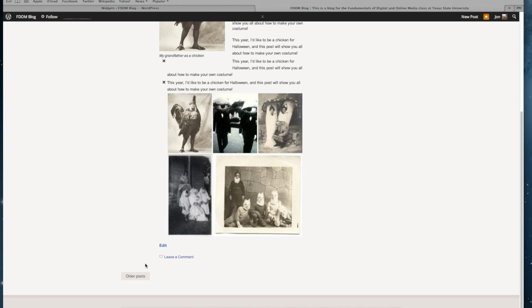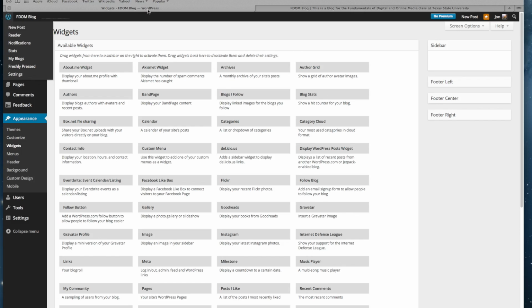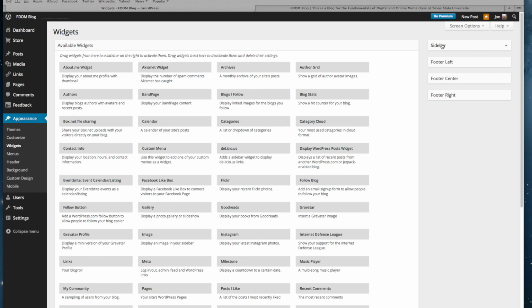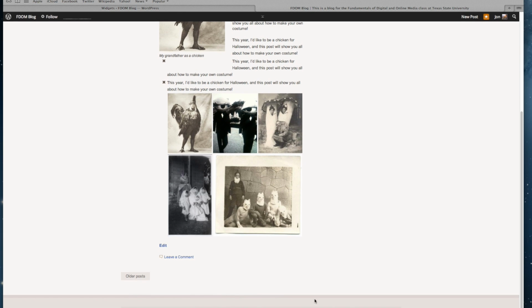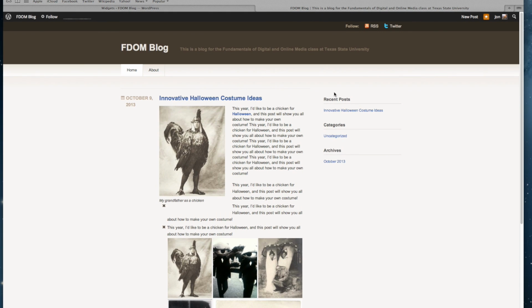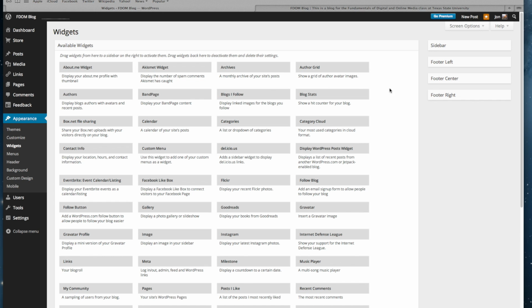Some of you, depending on your theme, may have widgets at the bottom. But let me go ahead and go to Appearance, Widgets, and now you can see that I've got a sidebar widget area. I've got a footer. I've got 3 of them in my footer, a left, center, and right. So you can't see them right now because they're not really down there, but you can see where my sidebar